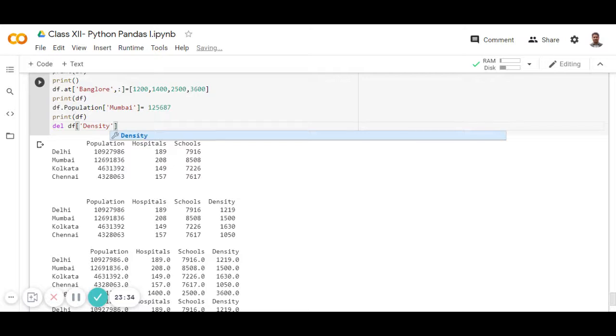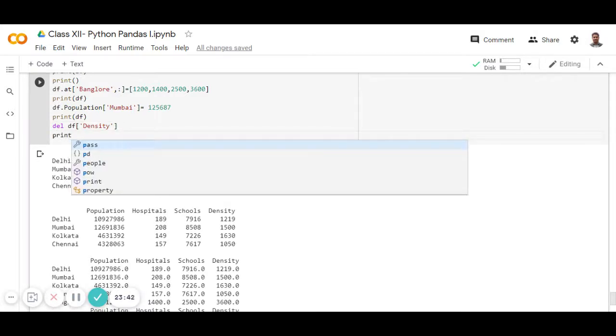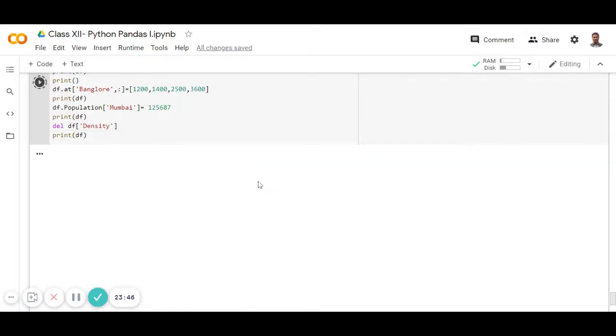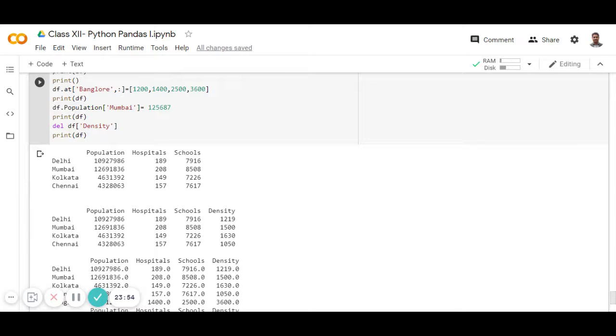We remove density. Okay, and again we give print df so that it will show the output. So you can see density has been removed now. You can remove any columns which you have created with the del command, right? So we can do it like that.